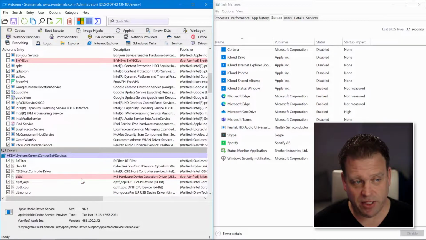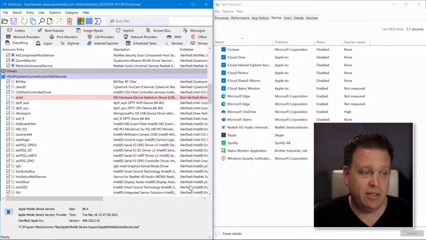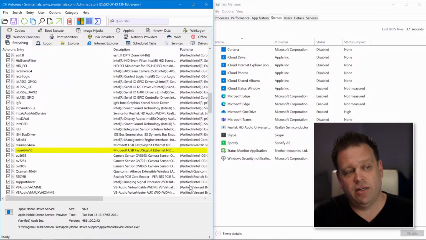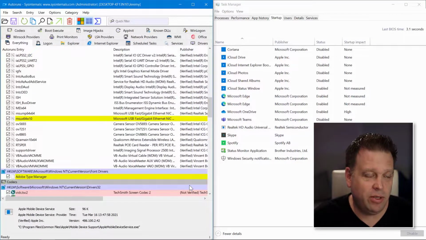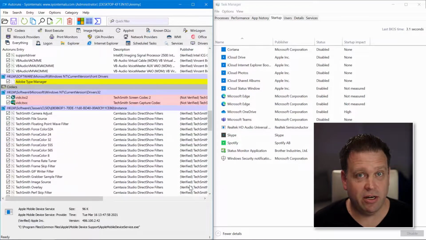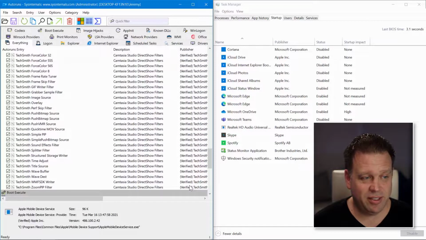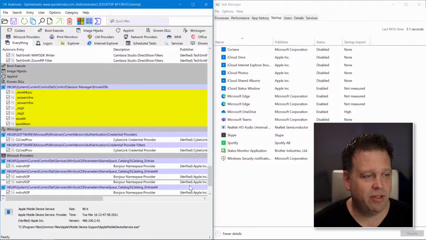I'll turn off this one that doesn't look verified, and these are some of the things where, for example, if it's malware, most of the time you're going to see either red not verified or it's missing software, for example, because it couldn't be found during startup, and those are also things that you'll want to check out if you do have malware or suspect that there's malware running on your system. So this is a great tool also to disable some of those things.